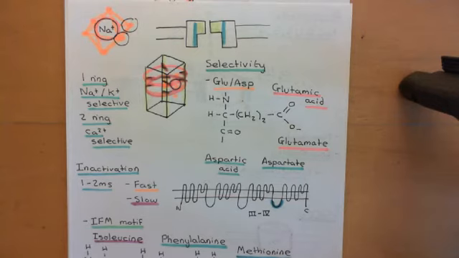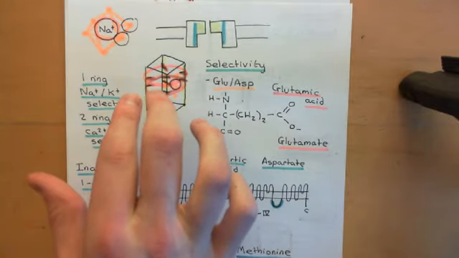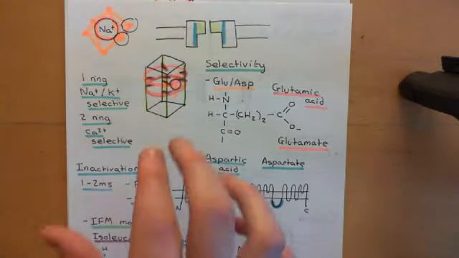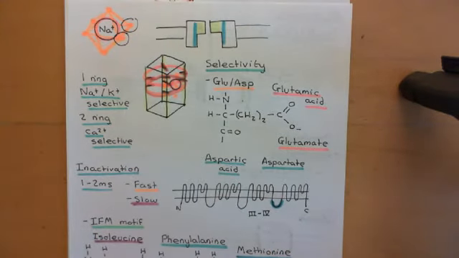They're only going to give up some of them in order to interact with electronegative groups that line the selectivity filter, and that's how it will move through, in the same way that we've seen for how sodium moves through. So it will be in a partially hydrated state as it moves through the selectivity